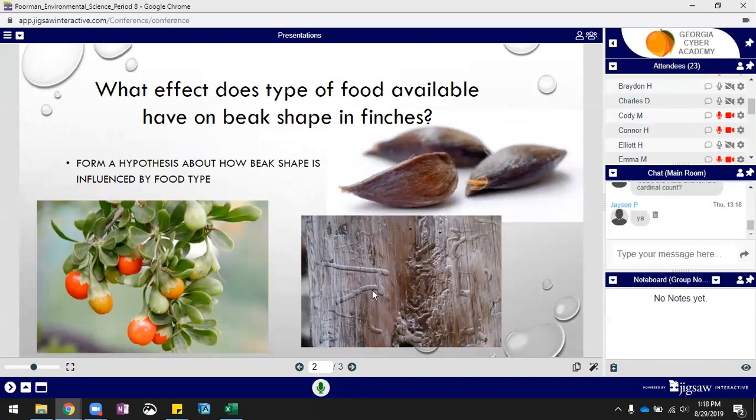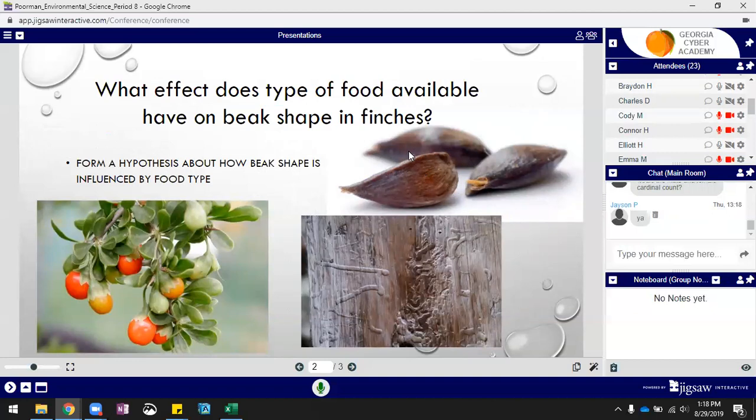We can see that right down here. Some beaks are better adapted for ripping apart fleshy fruit like apples or pears, or even just small berries like this. And some beaks are better adapted to being stronger and being able to break through this hard